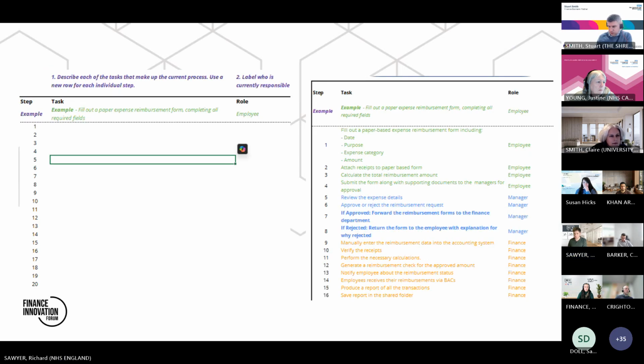Great. Ellie's going to put in the chat a link to the resources page. And if you scroll to the bottom of that web page, you'll find this as an Excel template. And you can see the sort of thing that we're going to ask you to do. This is a paper reimbursement form and the process attached to it. And you can use a blank Excel spreadsheet if you'd like instead. You don't have to use this template, but it's nice to have a template, isn't it? Okay. So this is going to be very basic, but what I would say to you is each of those steps, you've got to provide as much context as you possibly can within the time given.